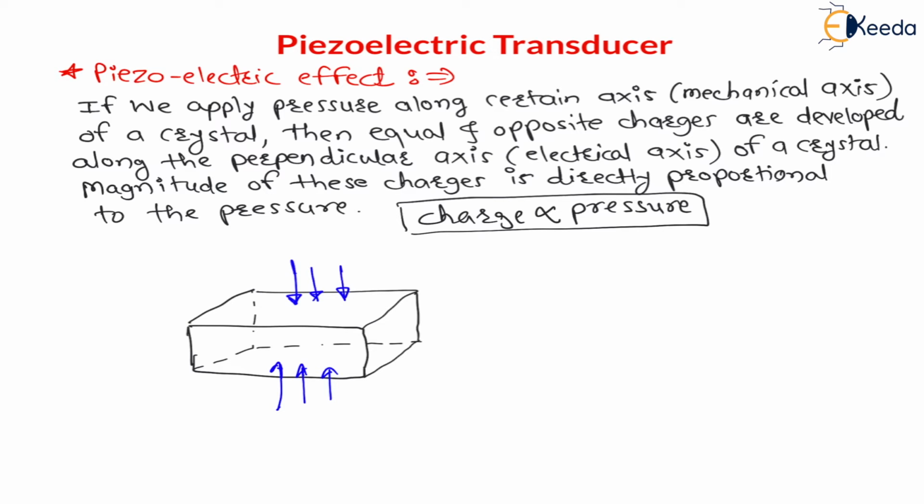Means for pressure calculation, what will be the area, force per unit area? This top area, the shaded area in red color, is the area for pressure calculation. Let us say this is the force applied, and this is the area on which the force is applied. So my dear students, what will be the pressure here?